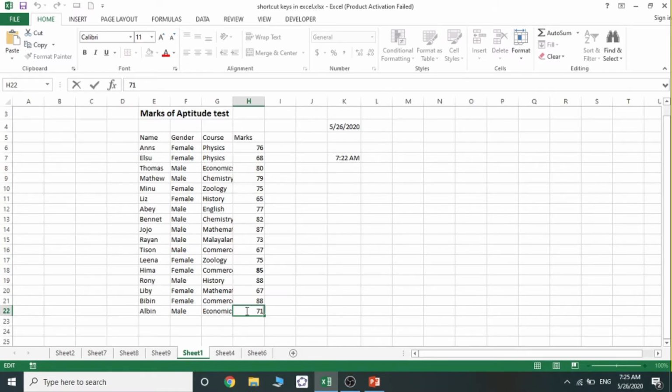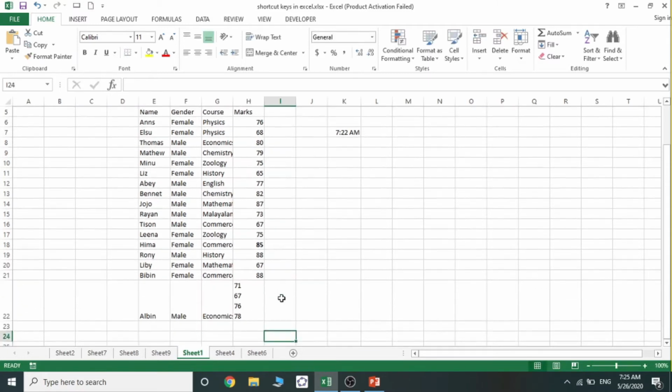We have to enter the second semester mark, third semester mark, fourth semester mark in this same cell itself. So for that, click Alt Enter. The second semester mark is 67. Again Alt Enter, 76. Again Alt Enter, 78. So look, these are the marks of Albin in the 4 semesters.